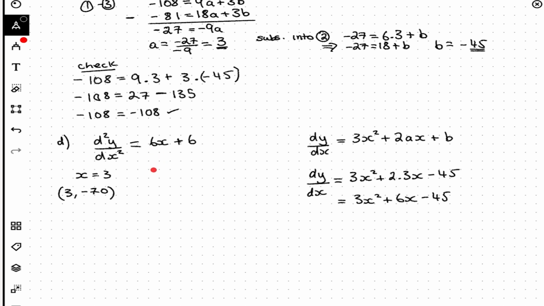So if we put 3 into here, we get 6 times 3 plus 6, which is 18 plus 6, which is 24. So because that's positive, we know that this is a local